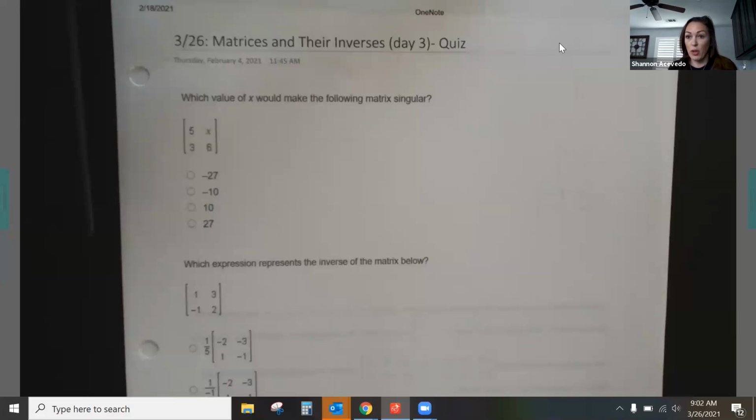Our first one today for the quiz. So we're on day 3, matrices and their inverses. And today you guys have your quiz, which hopefully you finished today, so then you can go ahead and not have to worry about trying to catch up on anything over spring